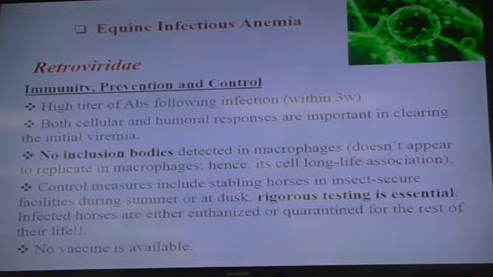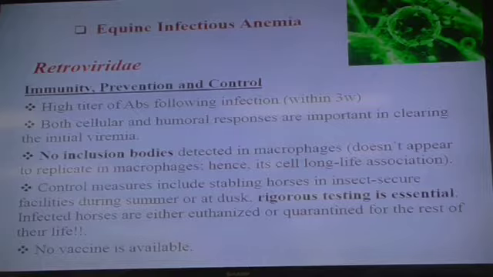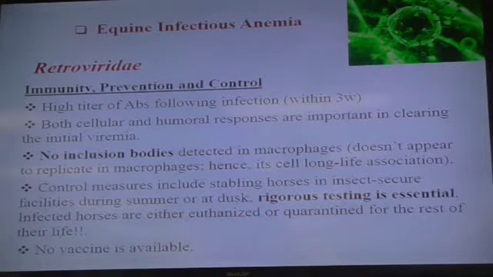So the control is similar to arteritis in that it involves the removal of infected animals. The animals can be either euthanized or can be kept, but they can be kept in the location where they're found to be infected for